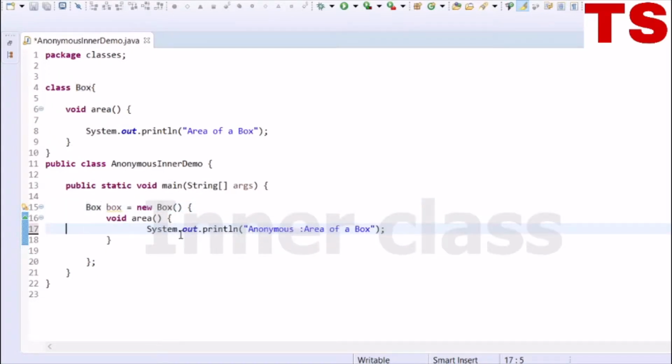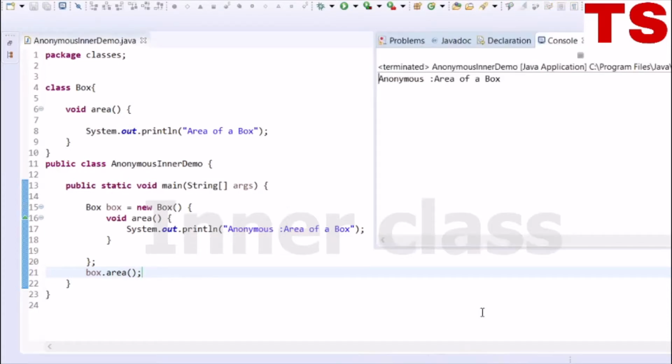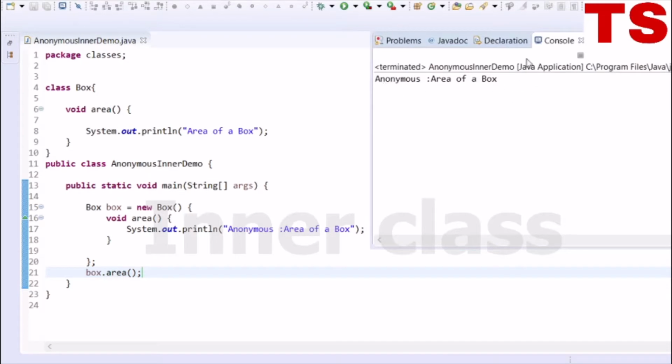Now I can use this box reference variable to call the area method of this anonymous inner class, and if you run the program, it should display anonymous and area of the box at the output, which is the message displayed by the method area which is overridden in this anonymous inner class.